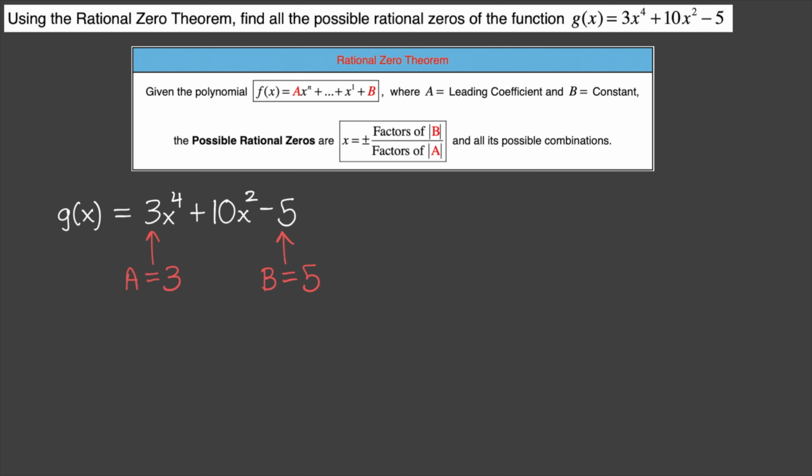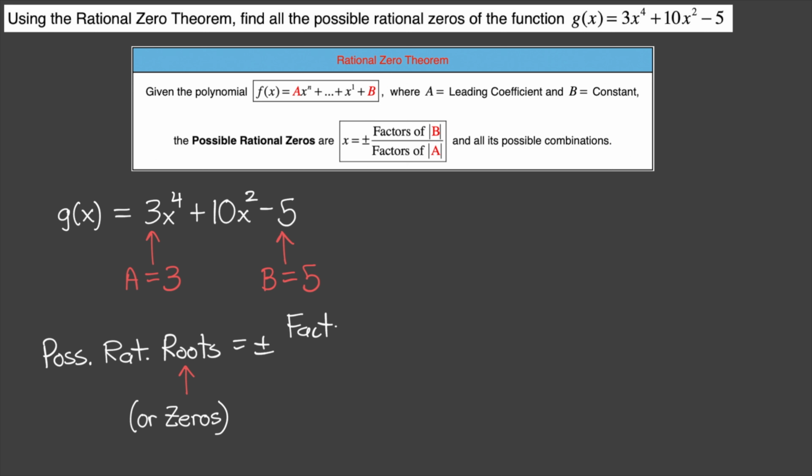All right, so now we can find our possible rational roots. So possible rational roots is going to equal plus or minus, and on top is going to be the factors of b. So in this case, b is 5. So all the factors of 5 over all the factors of a, which is the leading coefficient, which we identified